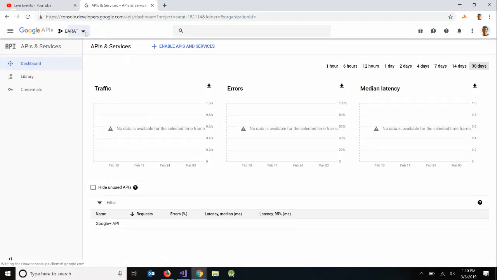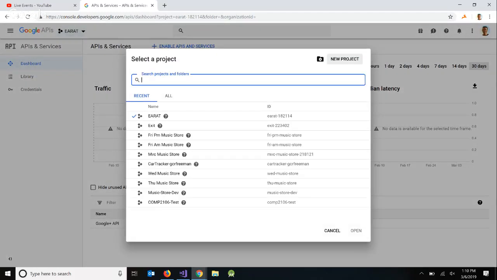So if you see nothing here, you can click it, and then you should have an option for a new project. So we're going to create a new project because I have different API keys for all of these projects. I don't want to share them across projects, right? They may be for different clients. So each project needs to have its own set of keys. So I'm going to make a new